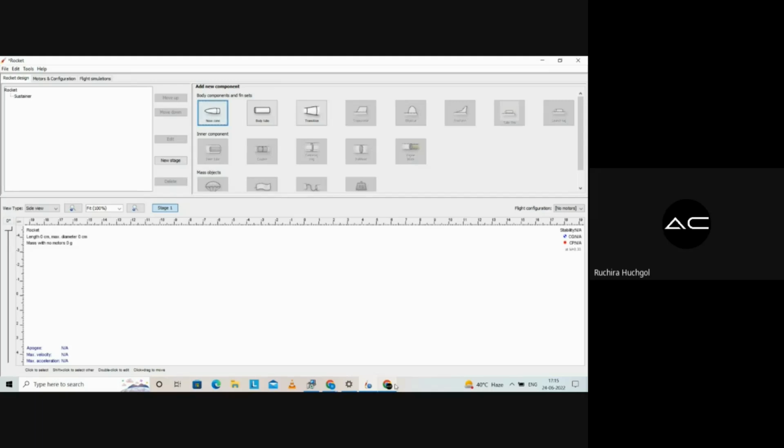Now we have covered nose cone, body tube, fins, types of nose cones and types of fins. The most efficient practically to be used is rectangular or tapered. And just talking about shapes, it is elliptical. And in case of nose, the efficient one, which is used commonly throughout in model rocketry, is the ogive shape. Now, there is one last component in the body components and fin sets, that is the launch lug.